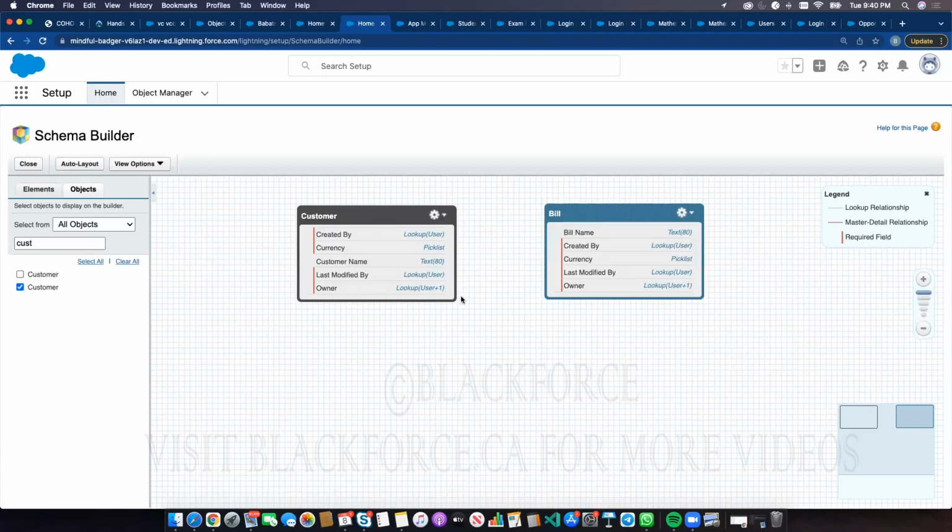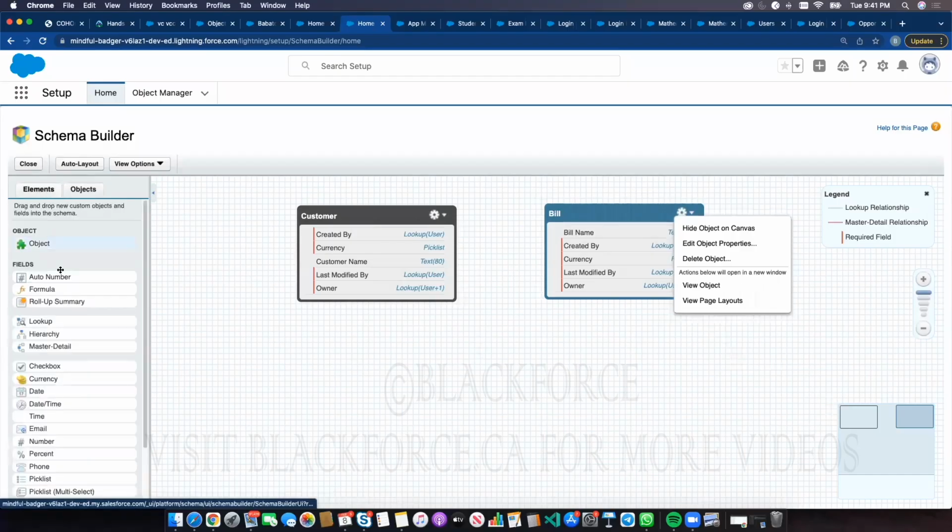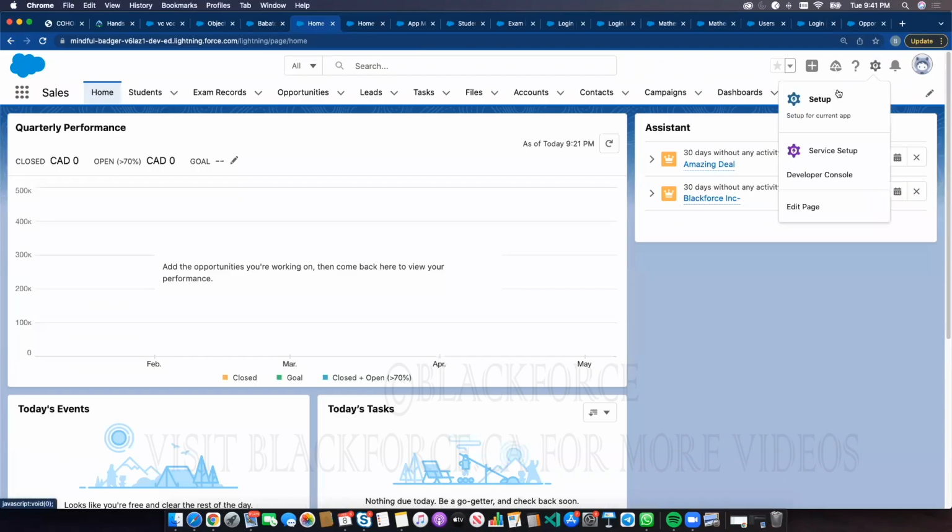So how do I connect this together? I connect this by creating a relationship. The type of relationship I can create is a master detail. Where do I create the master detail relationship? I will go to the detail side of things and I will create a new field on the detail side of things. How do you create a new field? You can just go here and create the field if you know how to do it from the schema builder, or you can go back to the objects, go to setup,